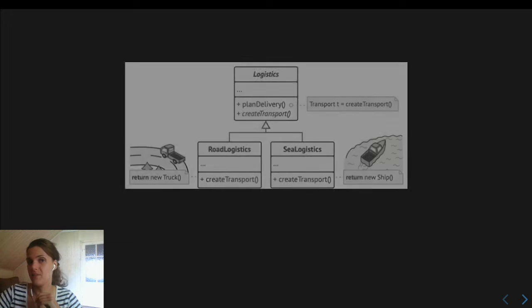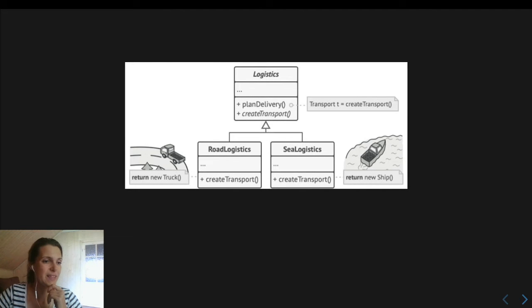And here the factory method comes to save us. This pattern suggests that you replace direct object construction calls using the new operator with calls to a special factory method. The objects are still created via the new operator, but it's being called from within the factory method. And the returned objects are often called products. At first glance,